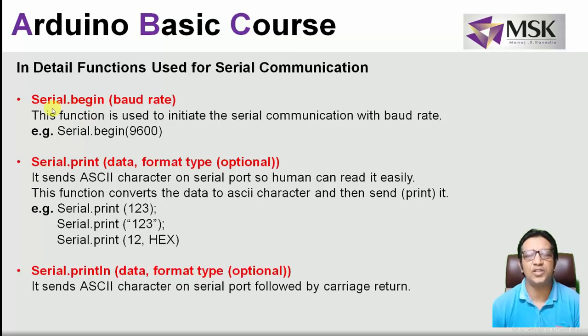So let's say first function, that is Serial.begin. Now to this Serial.begin I have to pass one value that is called baud rate. Baud rate means it is a data rate at which your data is transferred or your bits are transferred. Nowadays the standard baud rate which we are using is 9600, but it's not fixed. You can use 4800, 2400 or 115200 and above baud rates.